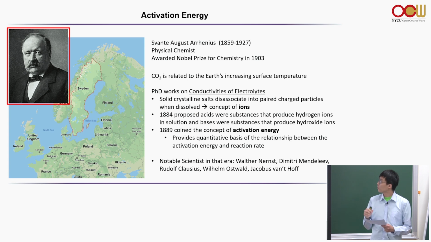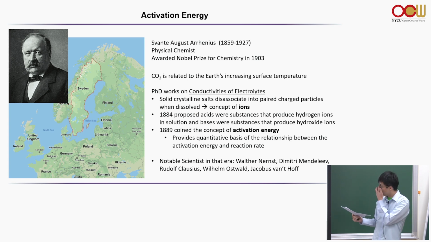And this guy got a Nobel Prize in 1903. So who is Nernst? If you remember electrochemistry, there's an equation related to the electropotential, how fast the electrochemical reaction could happen. He was a very important person who figured out the mathematical expression for the third law of thermodynamics. We'll talk about thermodynamics later on. You don't have to remember that he created the third law, but you have to recognize that he is involved in the basic principles of thermodynamics.